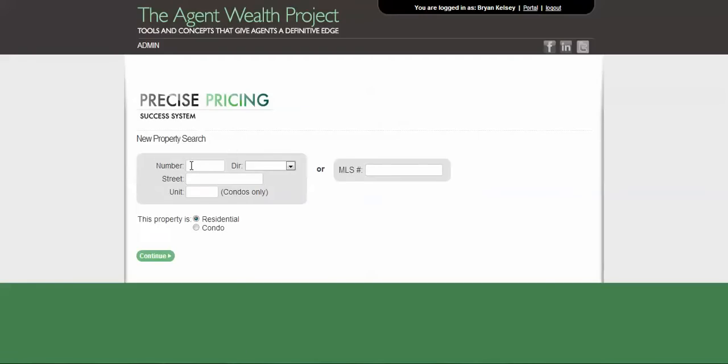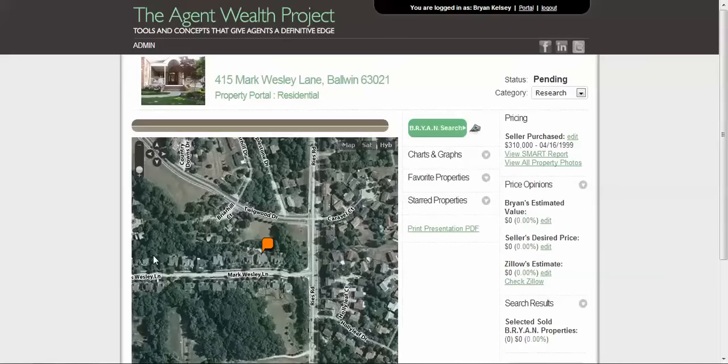All right, we're going to go to a particular property here, and here we go. I'm going to key that information in. It's a residential. Hit continue here, and you can see this property was purchased back in 1999 for $310,000. What we're going to do is see what the value is based on what we call the Bryan search, the comps and the charts and the graphs, and basically make sure that you're equipped for your buyer or